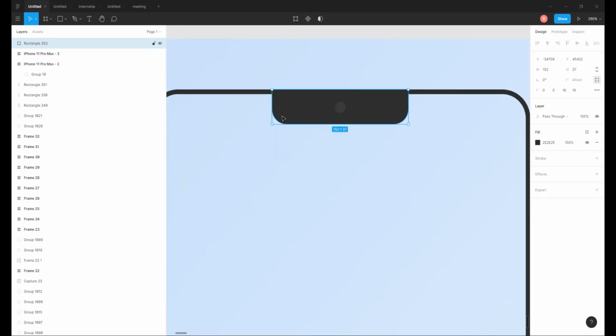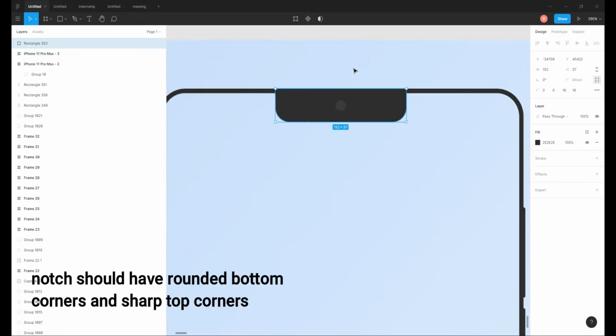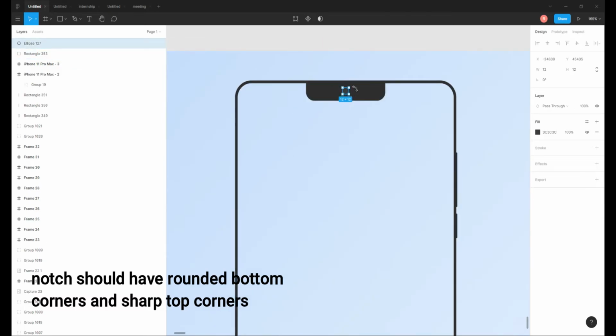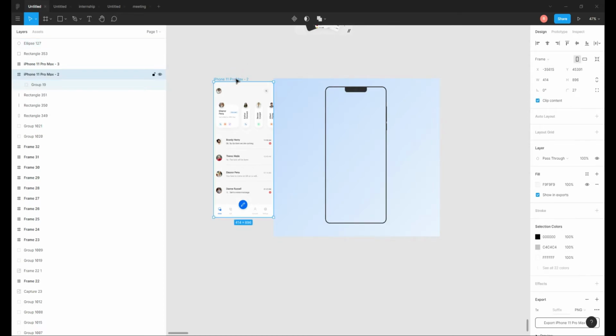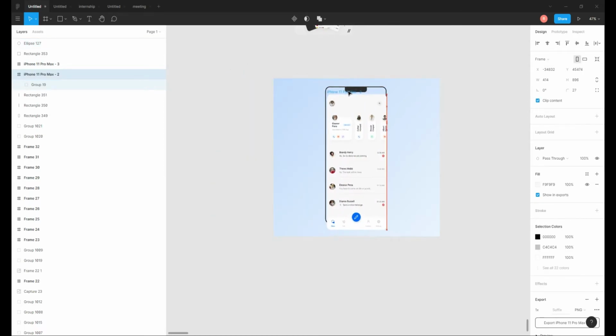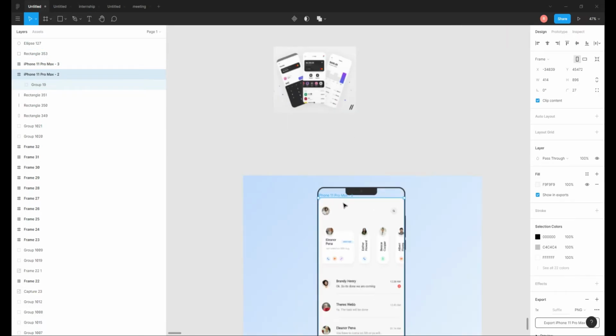You have to make the notch rounded from the bottom only, and keep the front corner sharp, and make the camera just brighter than the notch, and then adjust your UI design accordingly.